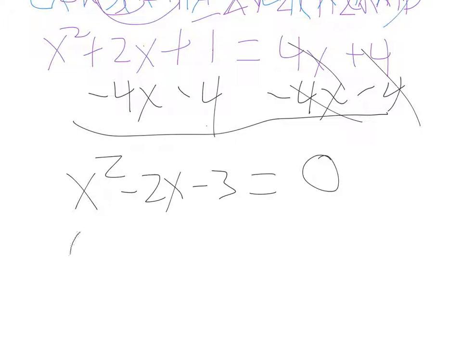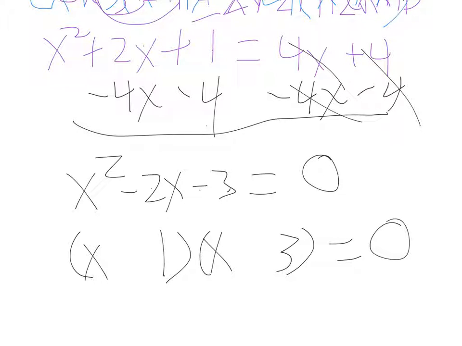So, to factor this now, we need the factors of 3 that subtract to give you 2. The only factors of 3, since it's prime, are 1 and 3. We know those subtract to give you 2. Since the second sign is minus, we know they're different signs. And since the bigger sign is negative, that means the bigger number has the negative. That means we have x plus 1